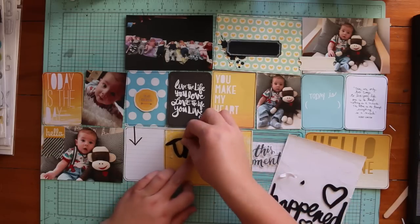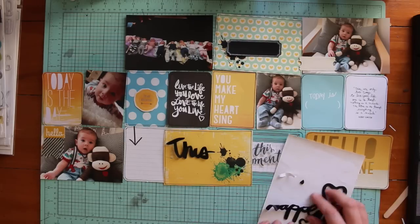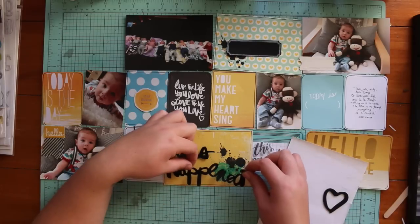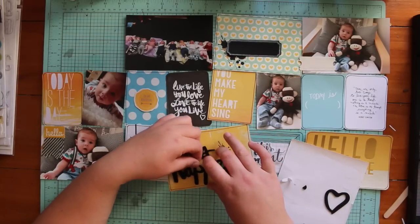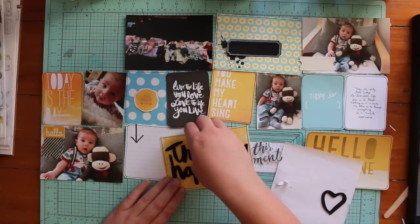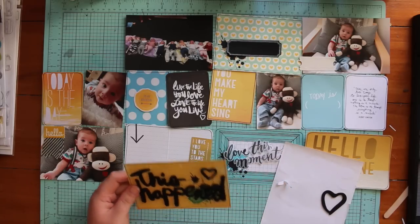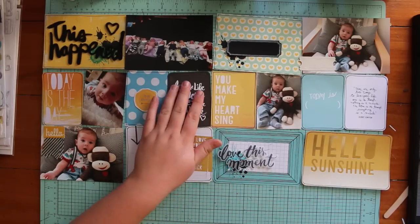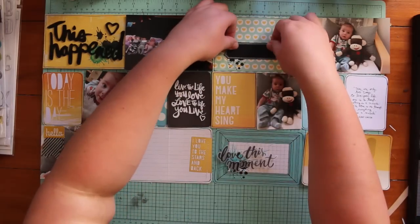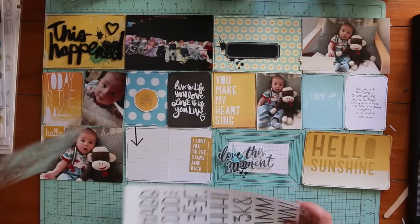And so I thought they were appropriate for Project Life because, I mean, this happened. Of course it happened. I'm documenting these 2 weeks. So I popped that on there and it fit perfectly on a 4x6 card. I had planned for this yellow card to be my title card, but when I realised I wanted to use this foam phrase, I realised that it wouldn't look good on the other 4x6 cards. So I popped it onto there, and now I'm just adhering that black chalkboard label, which I'm using as a base to put my